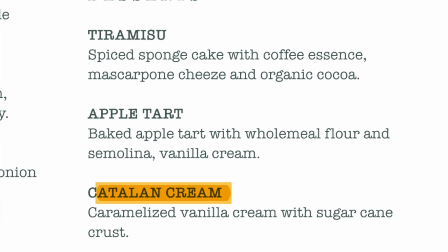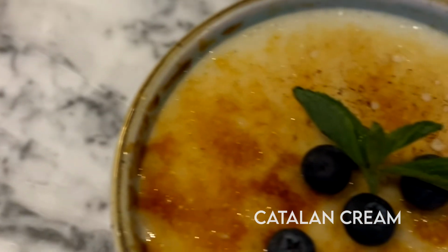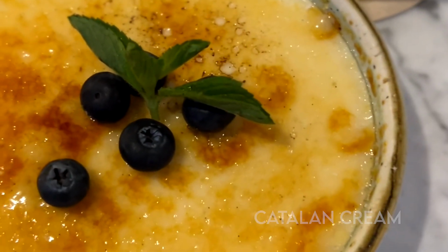At Mar de Olivo, I think they have the best dessert of the entire property. It's the Catalan cream. So it's like a creme brulee, but it's made, I believe, with coconut cream, and there's like an orange flavor in it. And they do a nice brulee crust on it. It's delicious. By far, you do not feel like you're eating some kind of off dessert, which for the